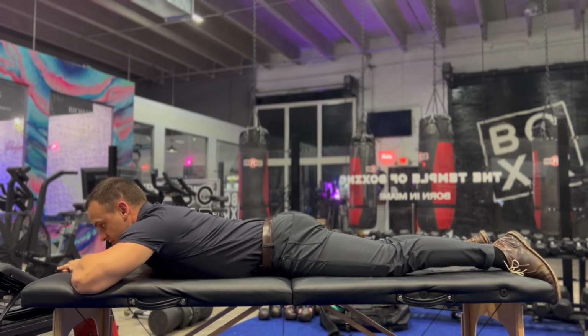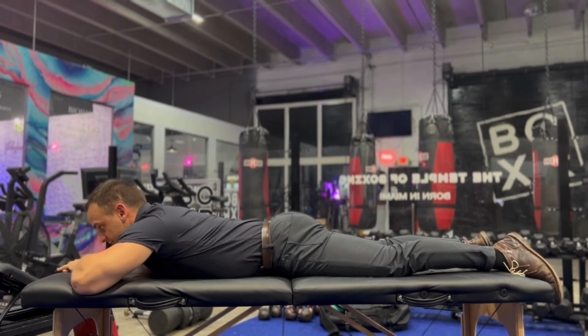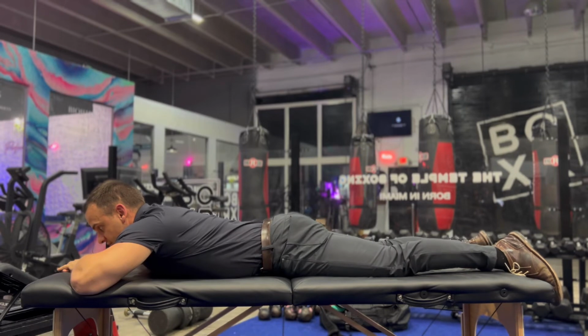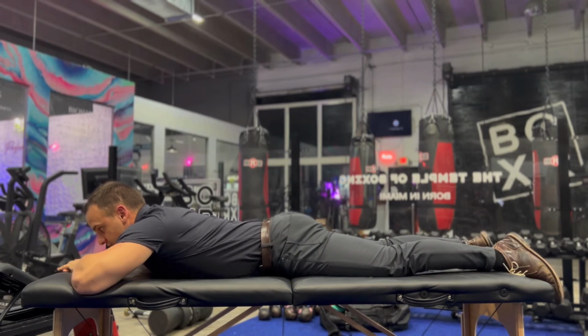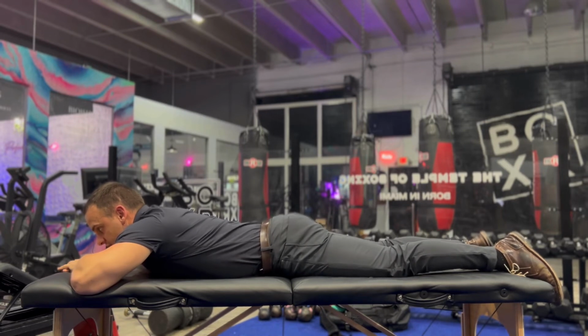So you can do both glutes, hold it 2 to 3 seconds, give me about 25 reps. Then you can do one glute at a time, so you're squeezing one butt cheek at a time. It's kind of silly, but it works because you're working individual fine motor muscles of each glute, getting things warmed up a little bit. Instead of just doing a gross contraction, you're getting fine motor working. Boom, right,